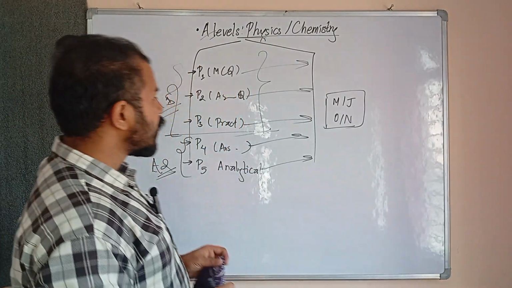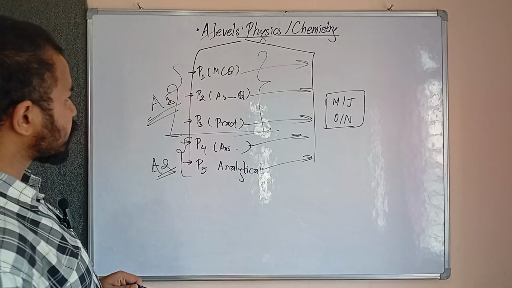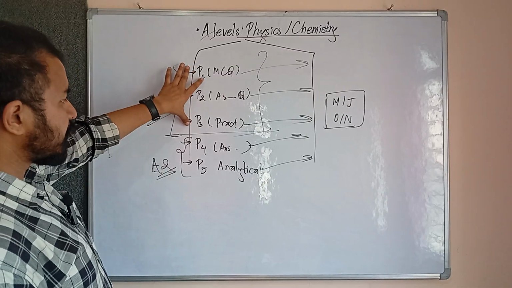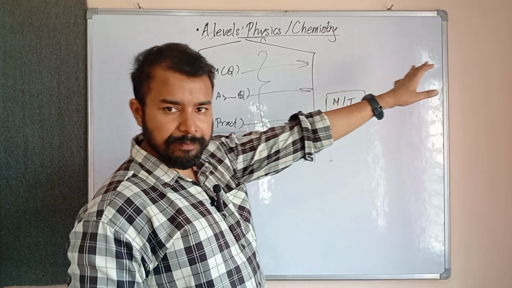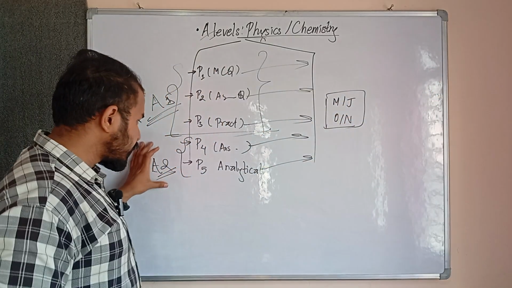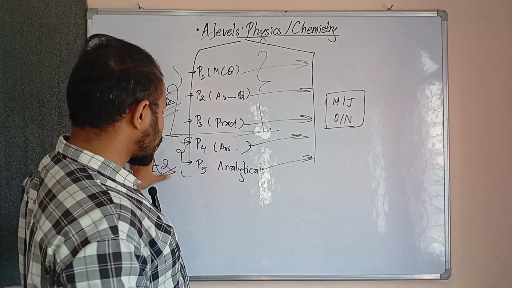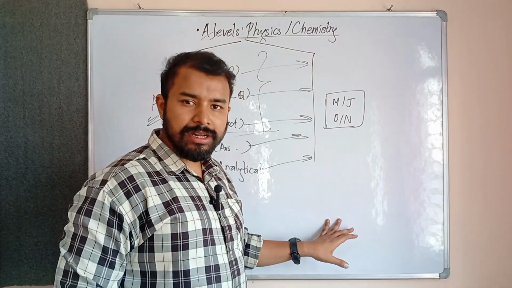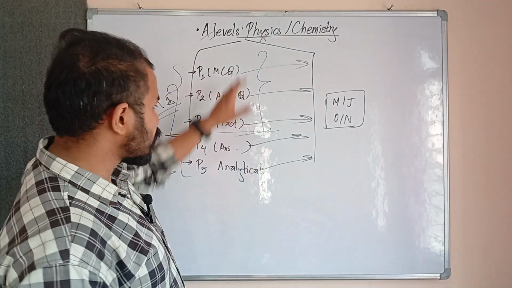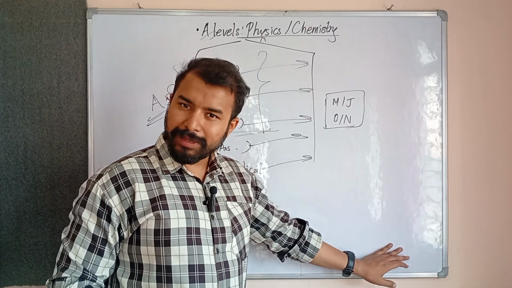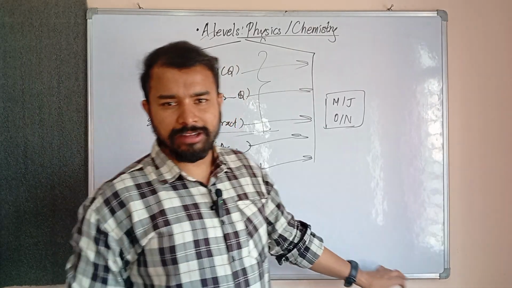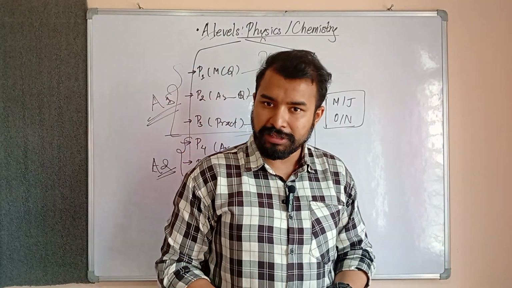Suppose you are willing to give the examination of paper one, paper two, and paper three at once, then you can choose to give them in any session of one year, and after that you can take the rest of the papers the next year. But if you wish to take the examination of the whole part at once at the end of 2 years, then you can even do that. So that's a really flexible region for students in A levels.